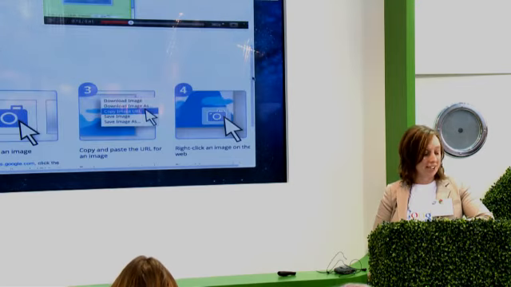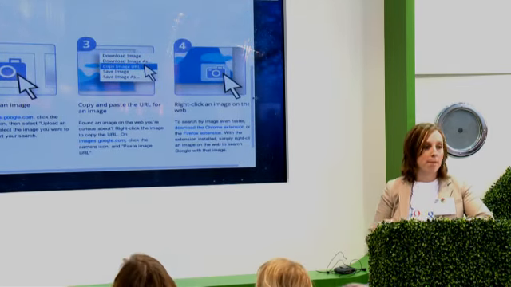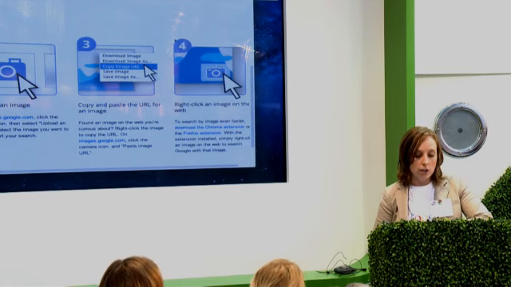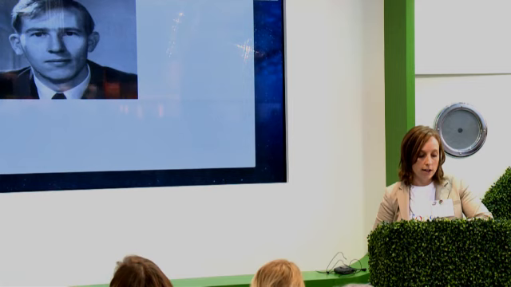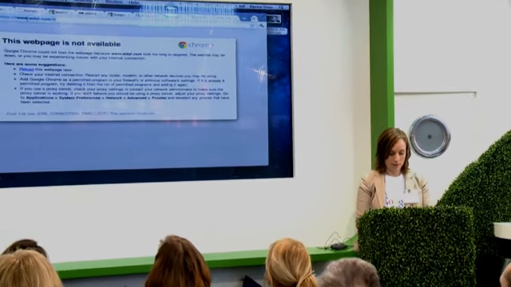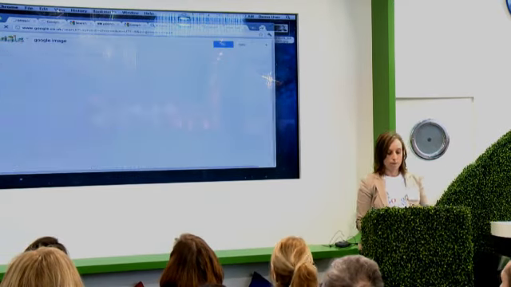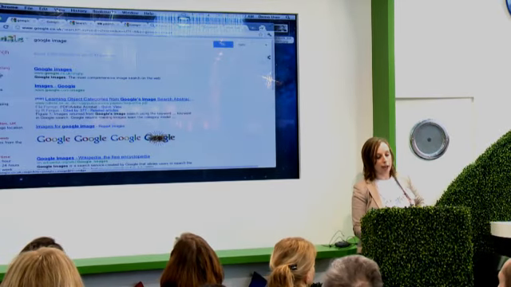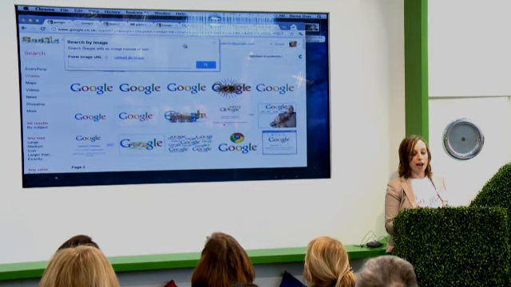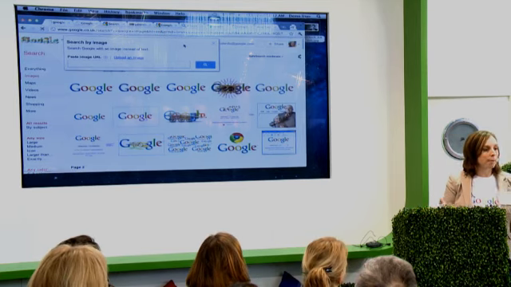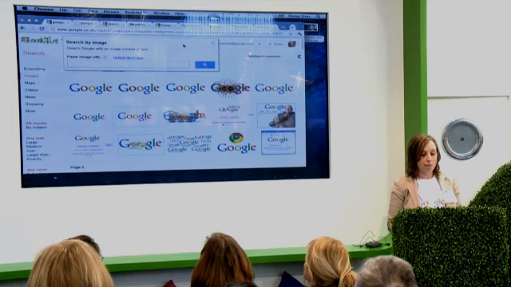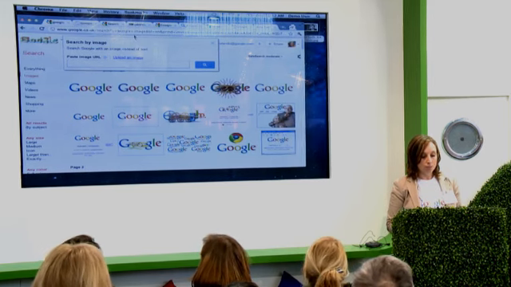Exciting. So yeah, there's 4 ways to do image search. You can either drag and drop in, or you can also just go into the image area. You can also press on the camera. So you could upload a picture yourself, but you could find an image, either a URL, a web address, and you could search for an image that way. You could upload one from your camera. That's an image search.